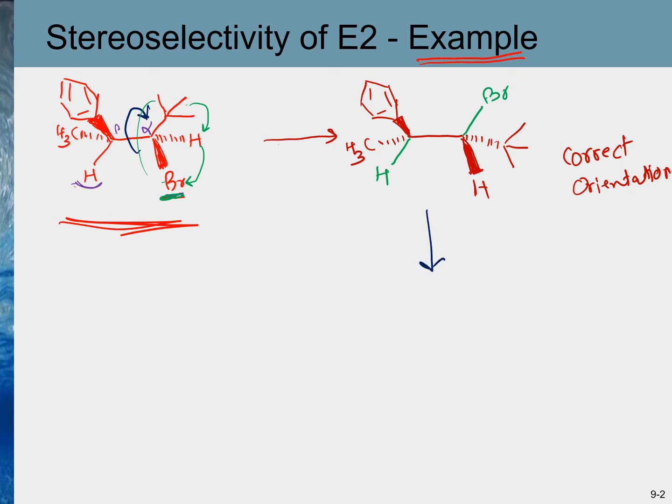So now a base will attack here, and this bond moves here and the leaving group leaves, and this will give us the correct alkene stereoisomer. So the best way is to draw the double bond, and the alpha carbon is here, and